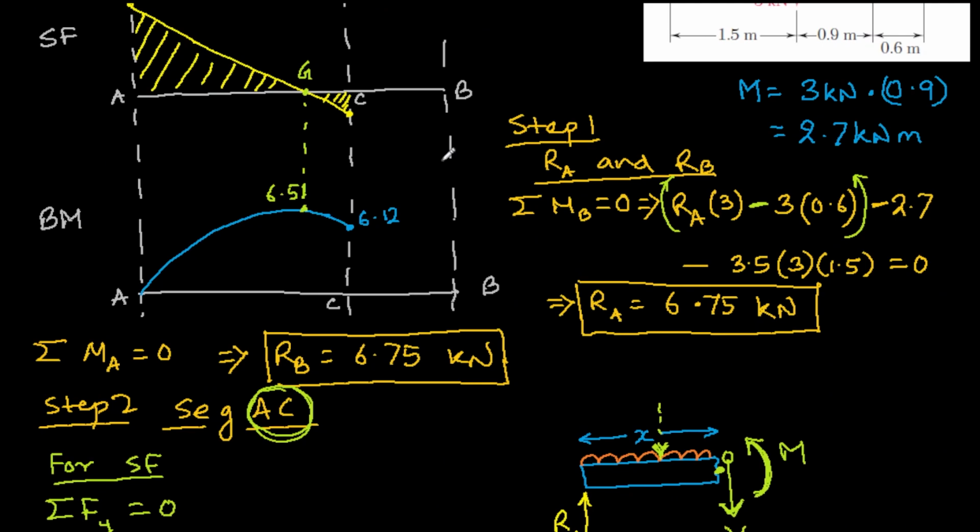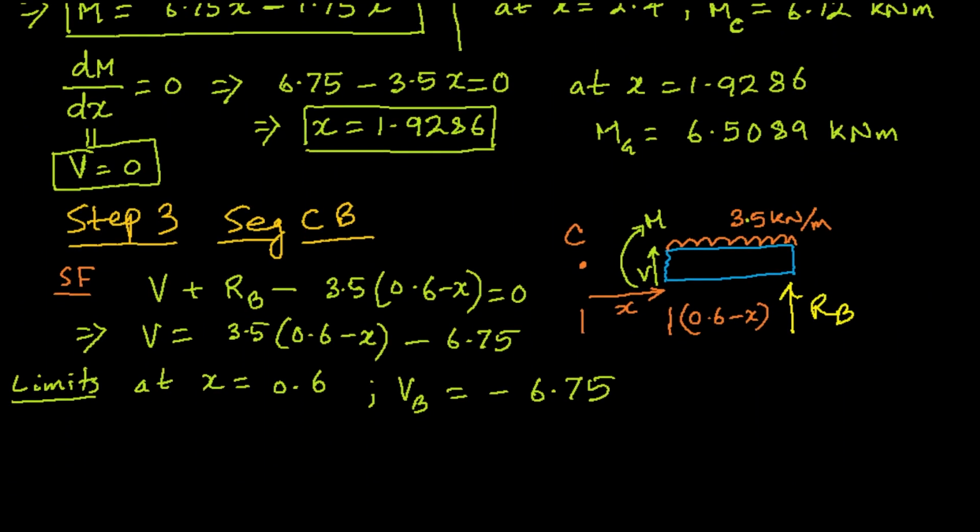So here somewhere you will get this much also, the distance. Okay, then at x equal to 0, if you put x equal to 0, so 3.5 into 0.6,